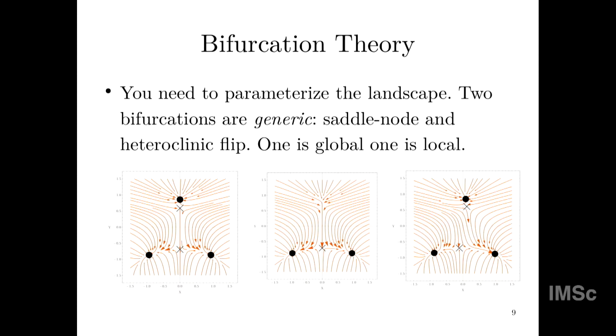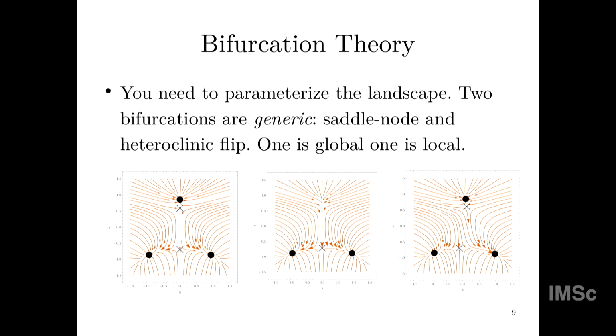So it turns out that to think about how you can make qualitative changes to the systems, right? You have these structurally stable systems, but you also want to be able to qualitatively change them because you want to be able to externally perturb them biologically, and you want to see what that does, and you want to be able to capture that in your model. So to do that, it turns out that you just need two types of bifurcations, and to argue that there are only two types of bifurcations that you need